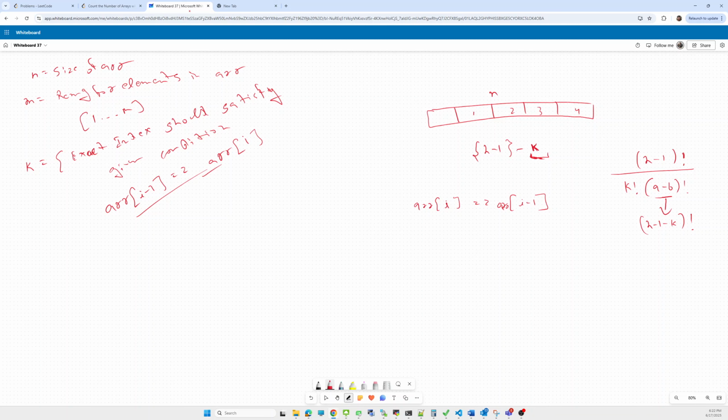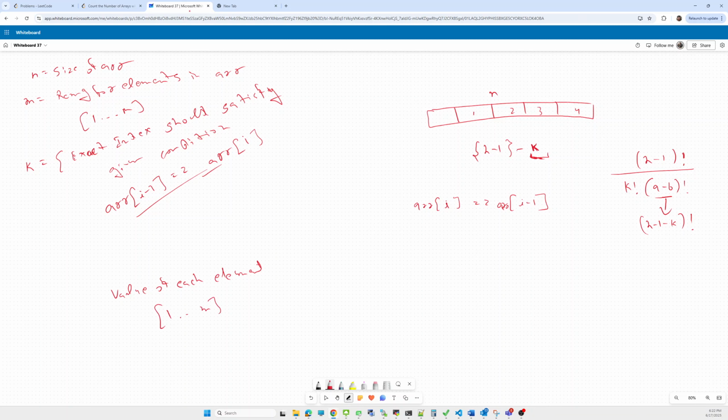Now this is the one state. For each one, what will be the value? The value of an element will be in the range 1 to m.